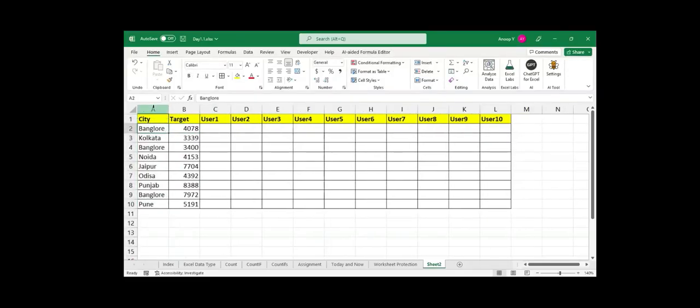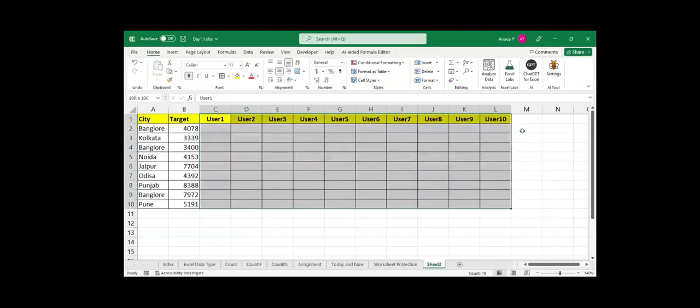And here I have a city. So for each and every city, I have allocated the target and I just need to take the input from the user in this C to L column. And I have placed this worksheet into the repository. So now just tell me,